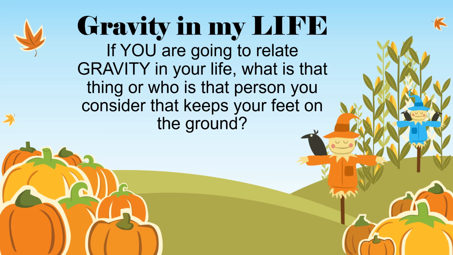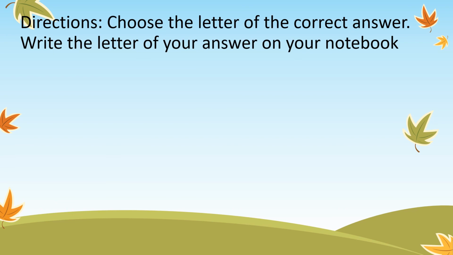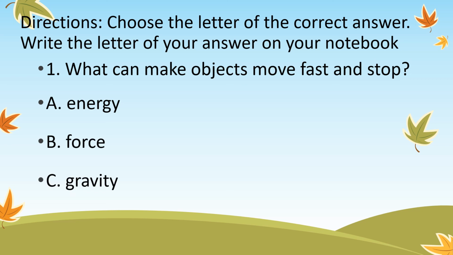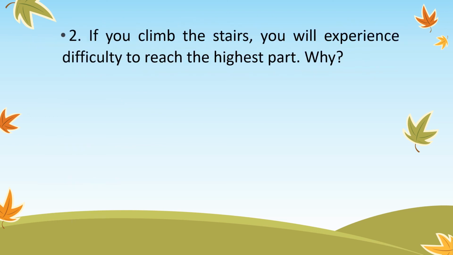If you understand our lesson for today, follow the directions. Choose the letter of the correct answer. The gravity on Earth is 9.8 meters per second every second. A. Energy. B. Force. If we remove air resistance on falling objects,